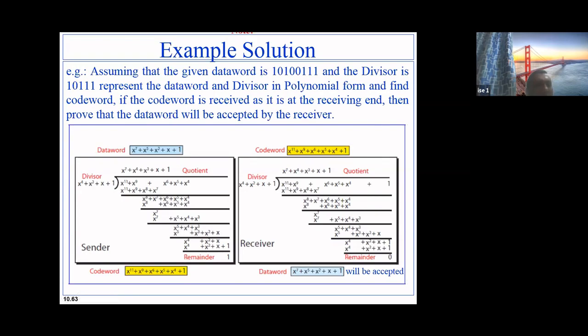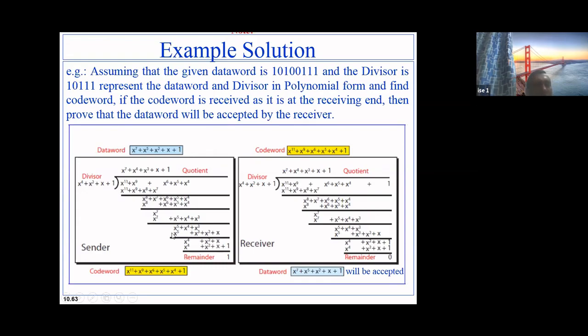Okay. Now since for x to the power 5, the degree of x is more than the divisor's degree, I can still divide. I need x to the power 4 over here, x to the power 5 over here, so multiply by x. So this becomes x to the power 5, x cube, x square, and x. Perform the XOR operation. So this goes off, this goes off. I'll be getting x to the power 4, x square, and x.